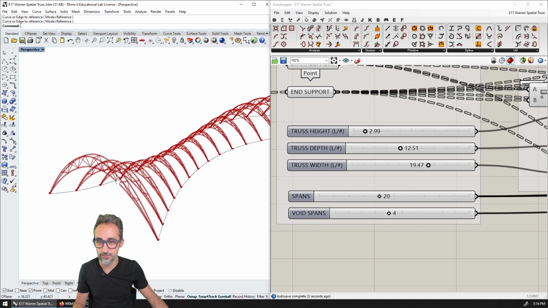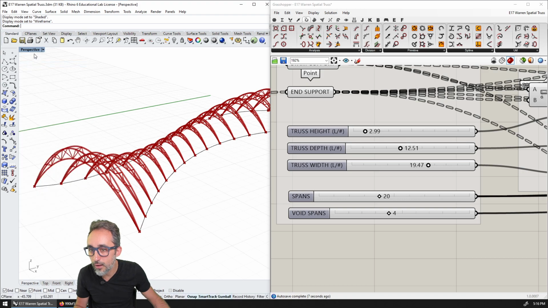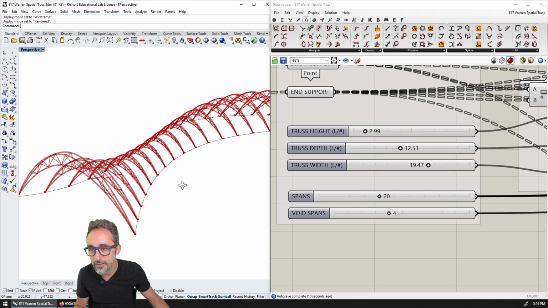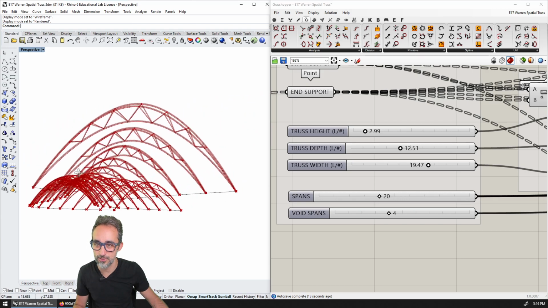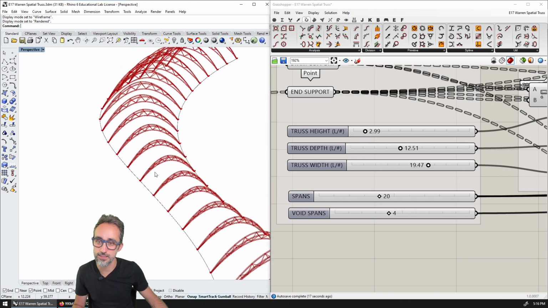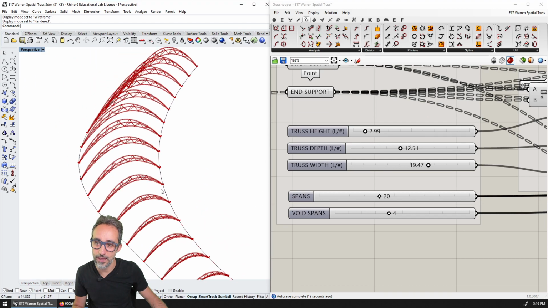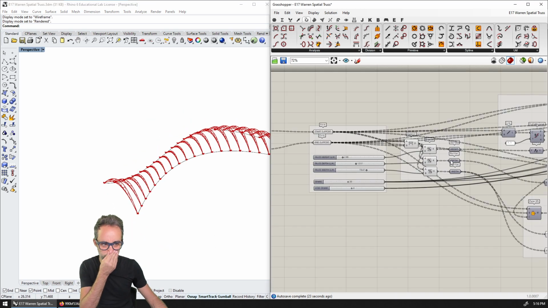And then you can see how now they look like a canopy, like a structural canopy of elements.